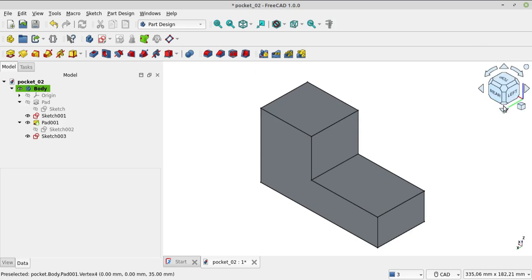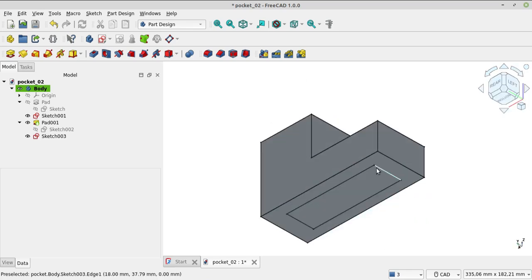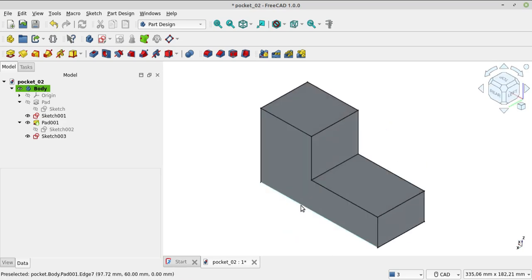For example, there is a sketch that I make to make a pocket, and you can choose the surface. I will choose the surface.